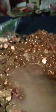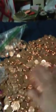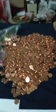You get a box of pennies, you open them up, and you literally just pour them out. You see that? You just literally pour them out. There, this is all 2018. This is out of just one box out of 25 that I have gone through already. And as I said, you're also able to find rolls